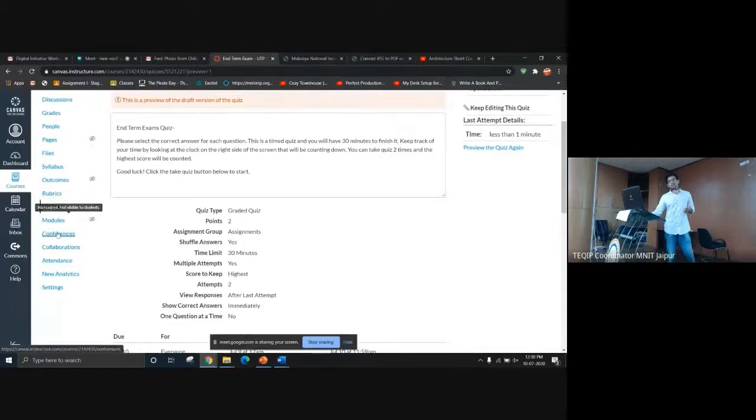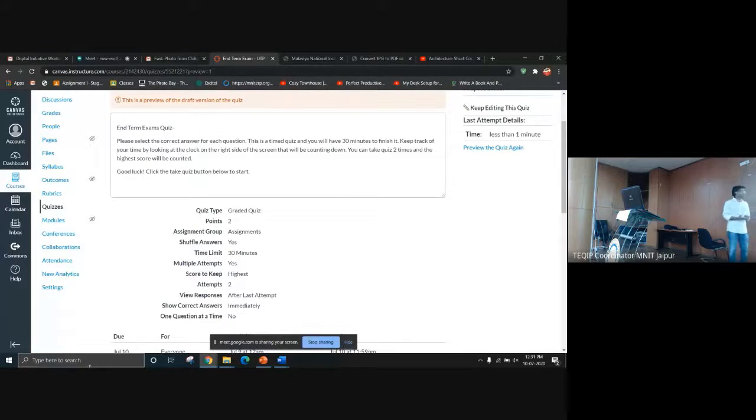Then modules can be detailed. I was talking about live sessions like we do in Zoom, Cisco WebEx, Google Meet. So we can have those conferences. It is under the name of conferences. So this tab allows us to conduct conferences also. It could be a class, a meeting, a live discussion, or a real conference also. Attendance tracking can be very well managed through this tab. And there are some other settings.